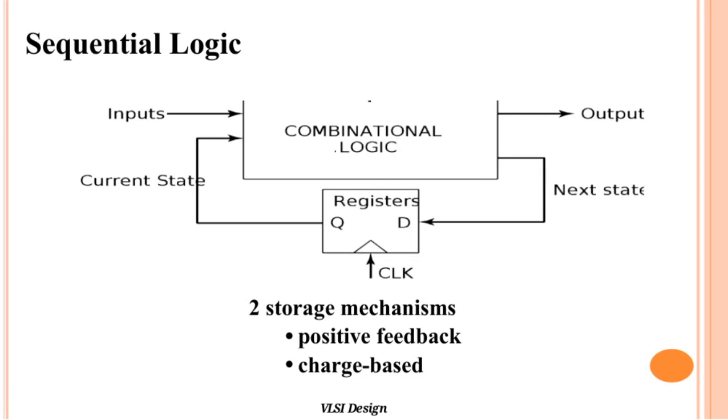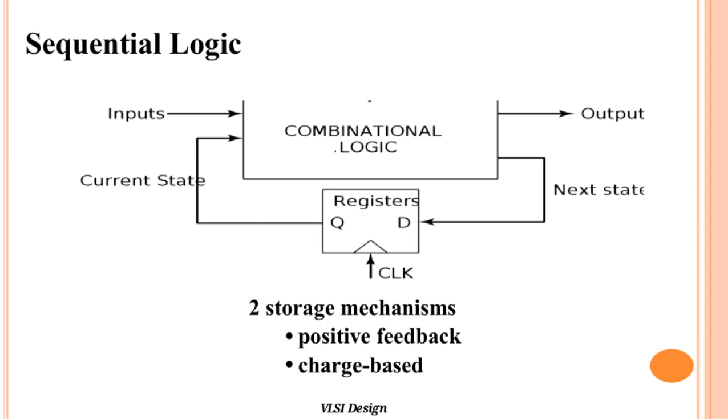Here, we're looking at sequential logic, which is fundamental in VLSI design. Sequential logic circuits rely on two main storage mechanisms. The first is positive feedback, where the output is fed back into the input to maintain a state. The second mechanism is charge-based storage, which involves storing information as electric charge, typical in devices like capacitors. Understanding these storage methods is crucial because they allow circuits to remember past inputs, enabling the creation of complex and